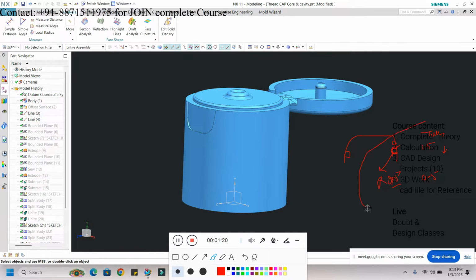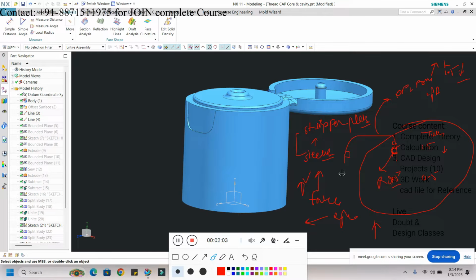So if you find this type of condition, and if the material is PP or POM or PA, which has a higher shrinkage value, more than 1.5 percent, then you can use the jumping out process. You can use the force ejection. In force ejection you can use two methods. First method is sleeve ejection. Second method is stripper plate. So two methods you can use in order to eject the component forcefully.